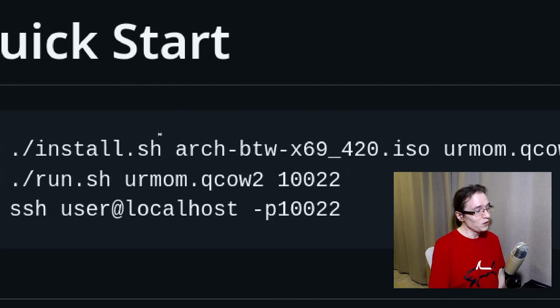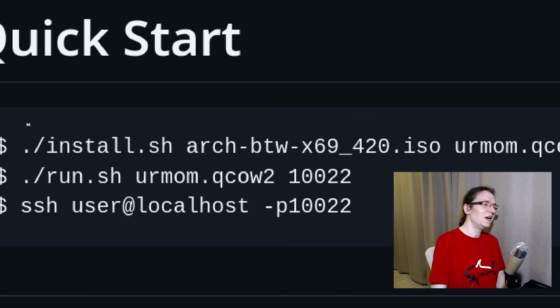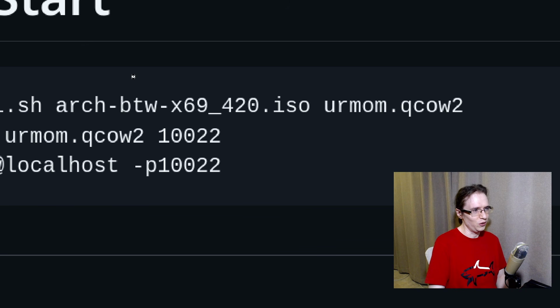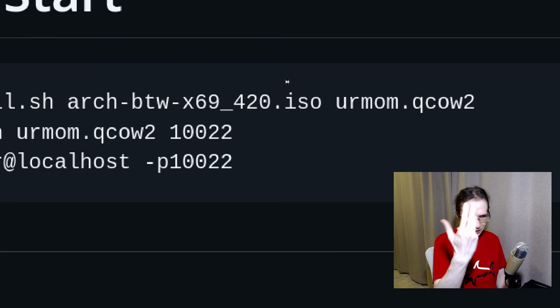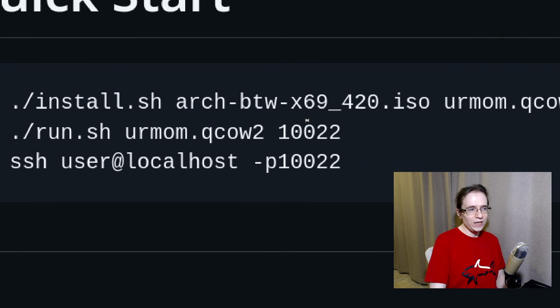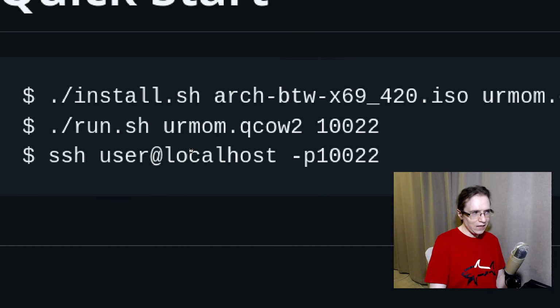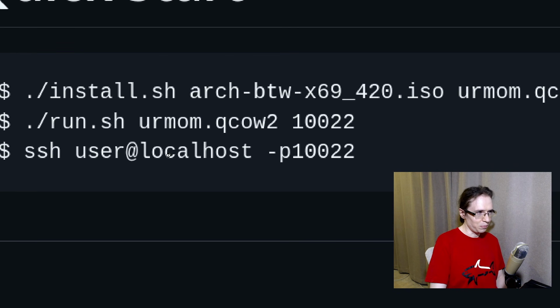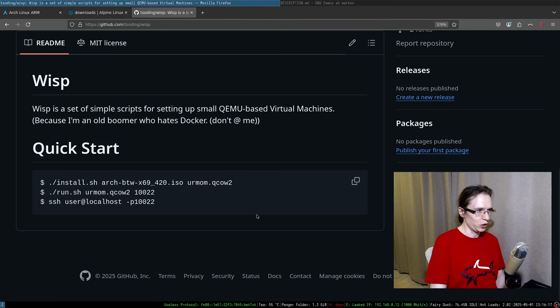So you use the install script, and it will automatically create a hard drive image for you and use the ISO to install the thing. You'll have to do that manually, and then you can just run this QCOW image with a particular port, and then you can SSH into that particular port. I think this is a pretty good way of working with QEMU machines.